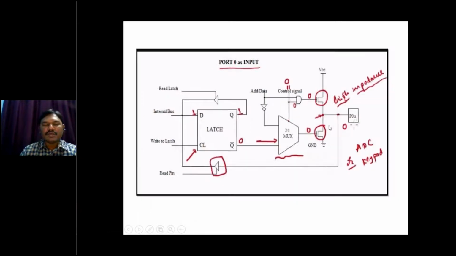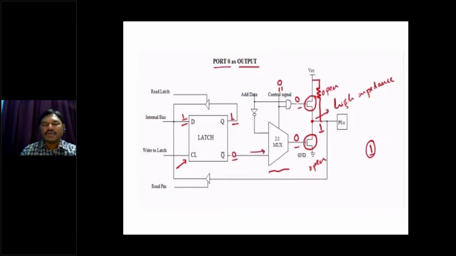But in the case of input, then what happens? This input is again read by the read pin. So through this line, that is called the input from the external world to input. Now, if it is not read by this read pin and it goes to output, it is called output.